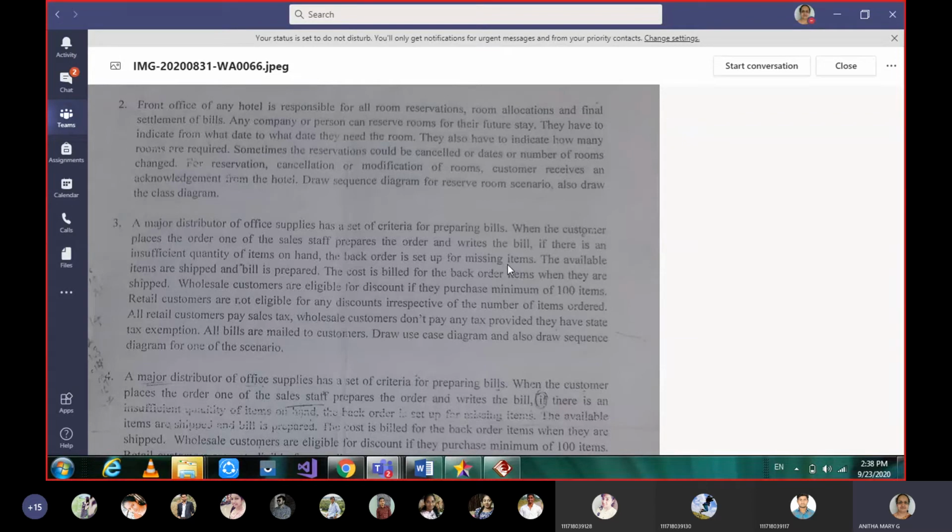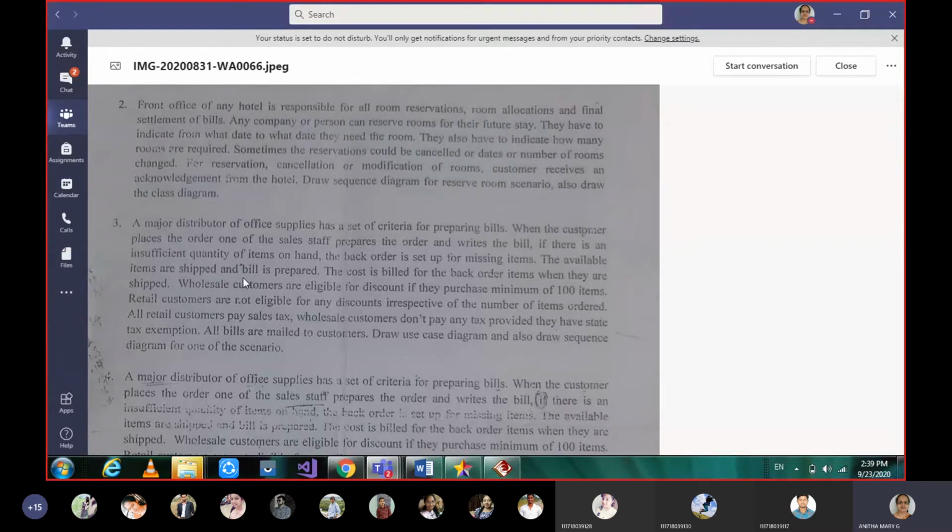Say somebody is ordering 100 items, and in your stock you have only 70. You can say that only 70 you can give, 30 more are less, so insufficient quantity. For that you can give back order setup for missing items, or the stock is not available, so those details can be given.